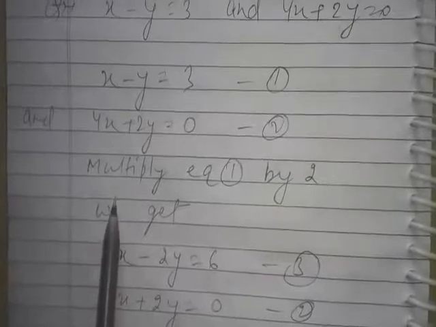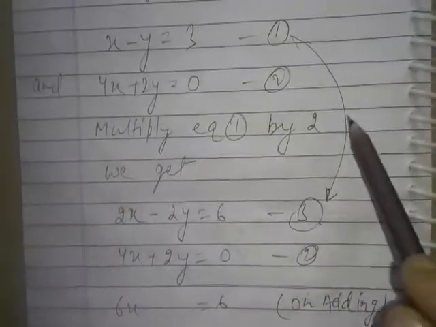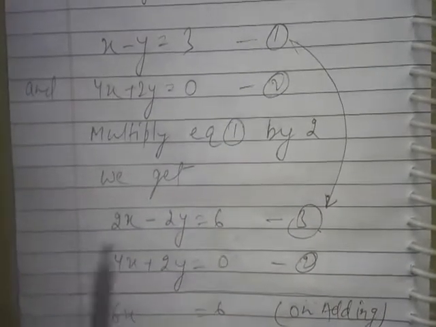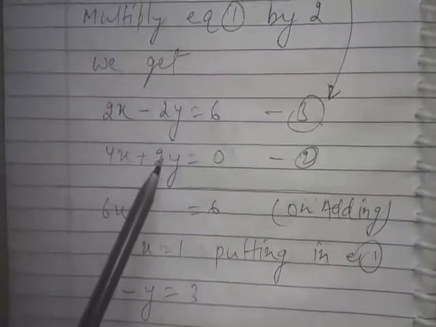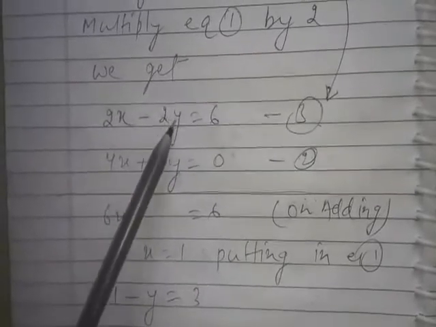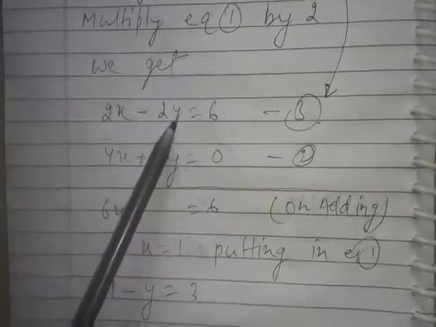Thus we get a new equation, equation number 3, which has been obtained by multiplying equation 1 by 2. When we multiply each term of equation number 1 by 2, we get 2x minus 2y is equal to 6. Now we solve them. As we observe, the variables are in opposite sign,